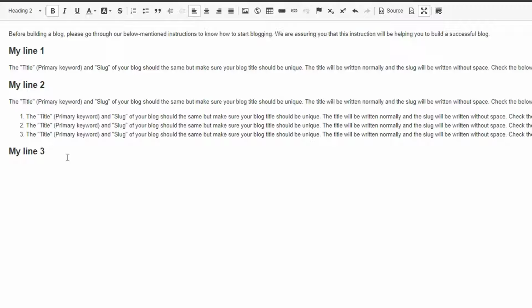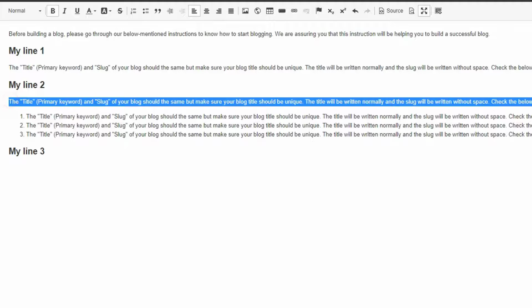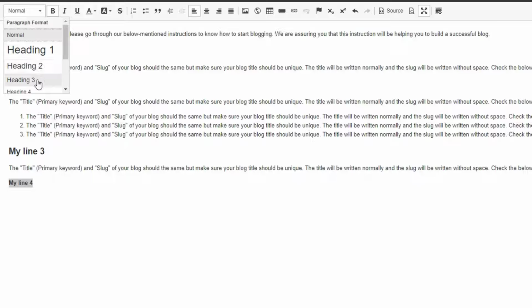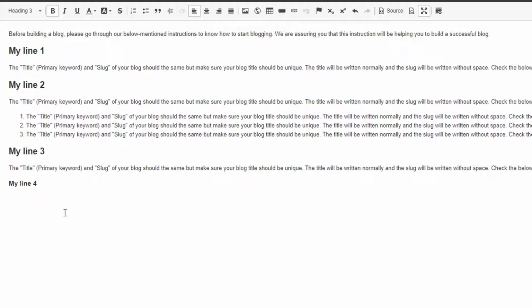Now again, let's suppose you want to use the H3 tag. Again, that is the same. Let's copy and paste some content from here again. Just type. Now let's suppose I want to give an H3 heading. I will first copy paste that. I will type here 4 and again choose H3. So this is our H3 heading. That is how you can use H2 and H3 headings.